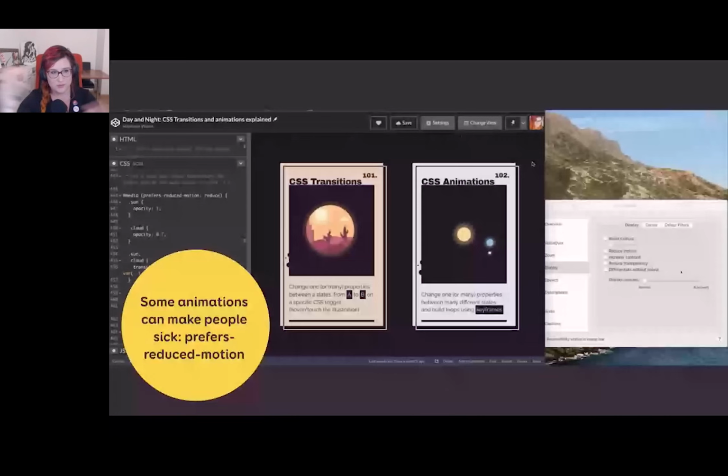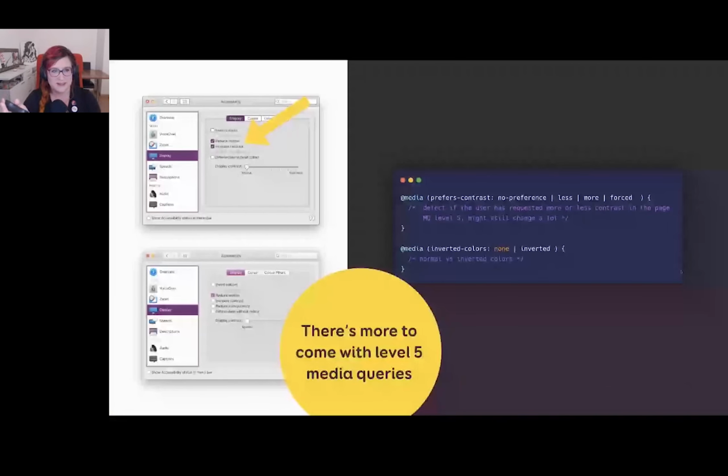I also switched the moving left and right hover for something smoother, a simple fade in, fade out. And there's more. There are a lot of new Media Queries Level 5 features coming that check for those kinds of accessibility user preferences. At the moment, it's a specification, still a work in progress. Syntax might change. Even specs like that might change. But at some point, you'll be able to really adapt to different accessibility options from the user.